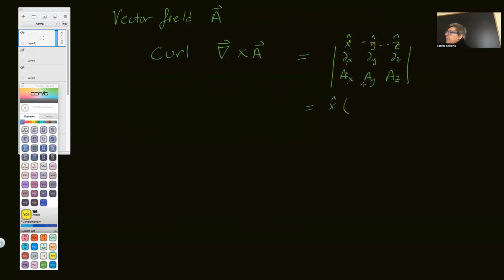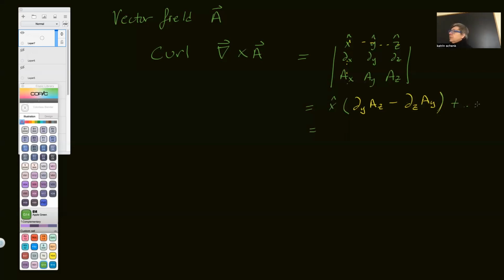And I get the determinant of this partial matrix here. So that's going to be partial y acting on Az minus, now be careful here, right? We've got to put the derivative in the front. Partial z acting on Ay, right? That's what that is. And then write it one more time and then plus